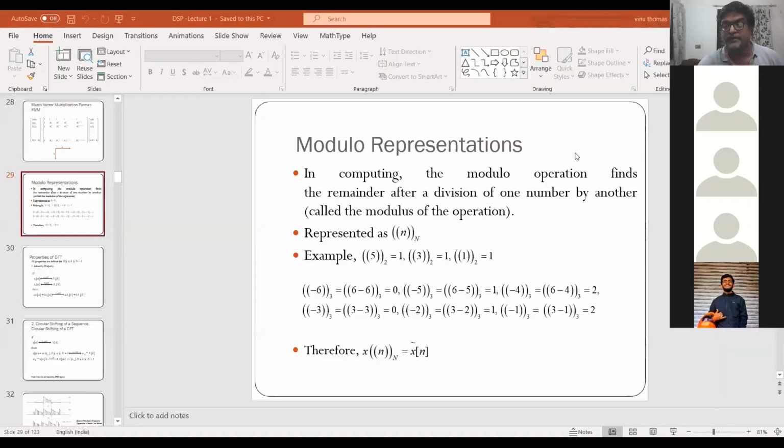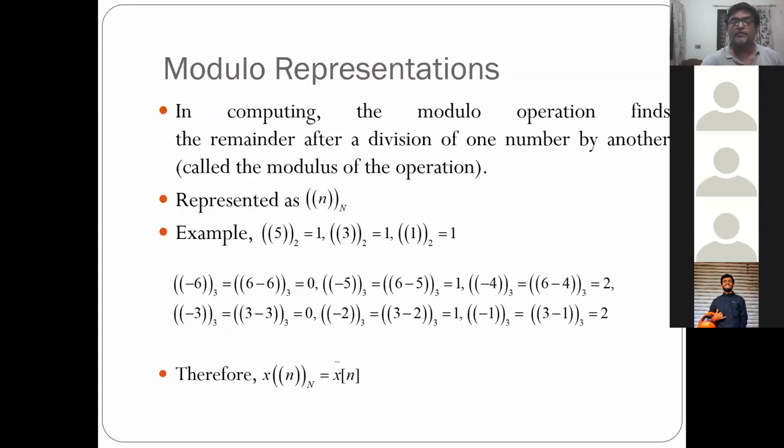I hope this is visible. Abhishek? Yes. Okay, right. So now we will move on to another representation. So these are only representations to compactly represent DSP operations. So this representation we will call a modular representation,